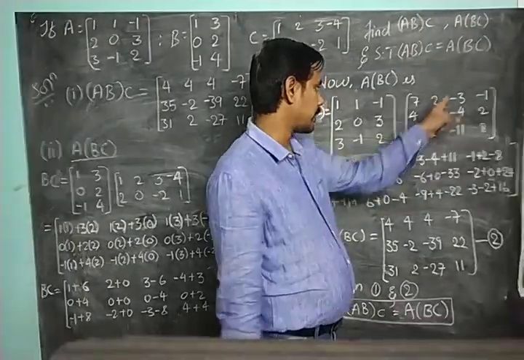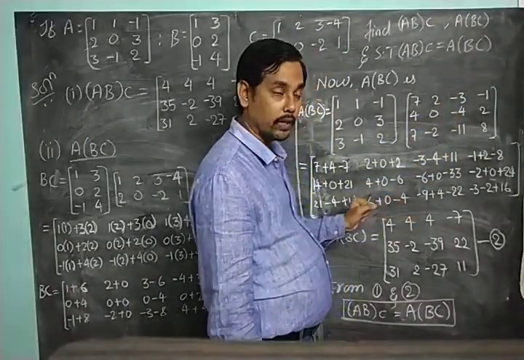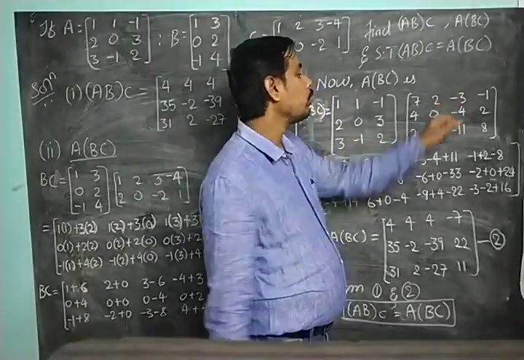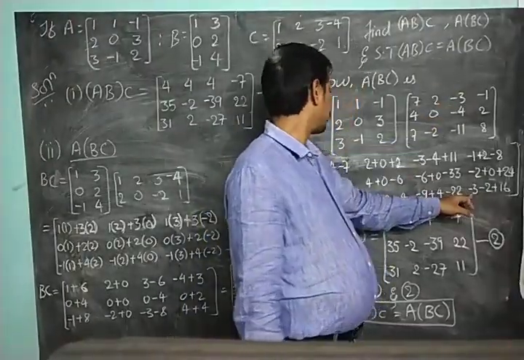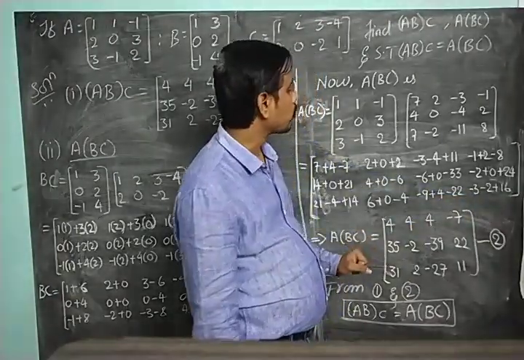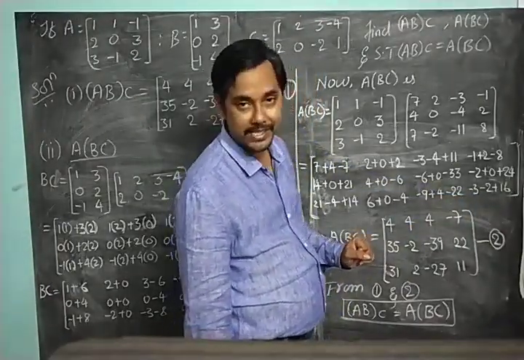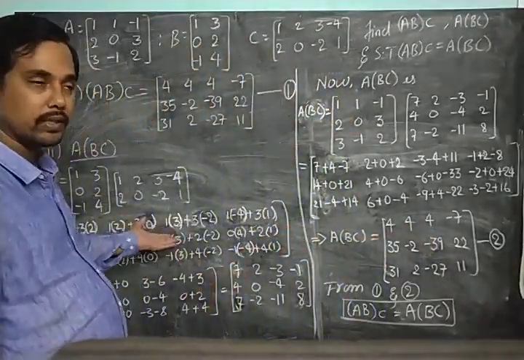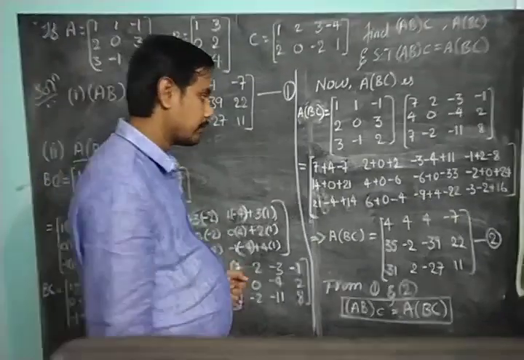So that is third row multiplied by third column. How to multiply? Already we have seen, right? Now third row to fourth column, 3 into minus 1, it is minus 3, minus 1 into 2, minus 2, 2 into 8 is 16. So this is how we need to do it directly. No need to write this one, directly you can write the value.